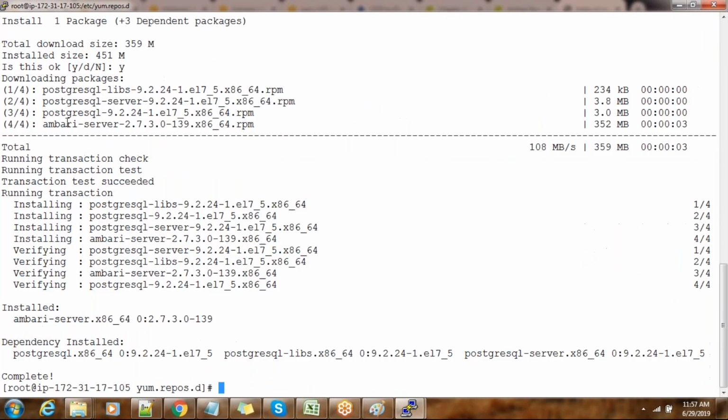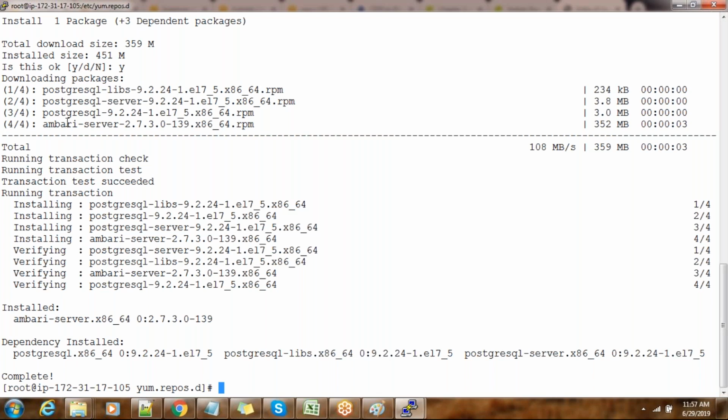The next thing: Ambari is a tool used for managing Hadoop clusters, and Ambari has a server and agent component. The agent will be running on all the hosts and the server will be running on one of the hosts, and there will be communication between the agent and the server. There are multiple ways to do the agent installation.